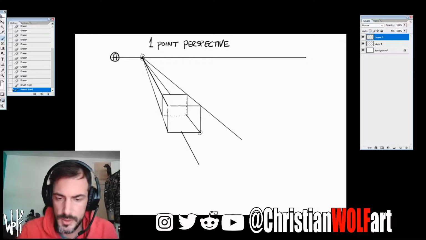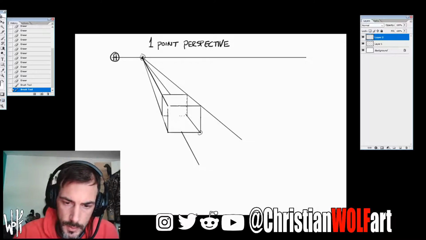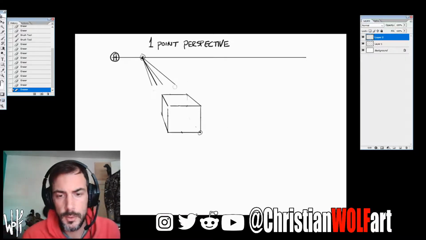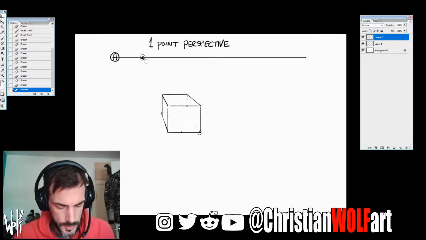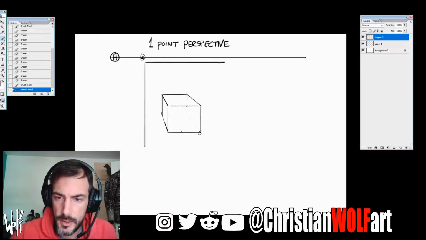We know our closest is right in the front here. And if I take away all these see-through lines, okay, you should just have your solid form sitting there. And you're left with your cube in 3D space drawn in 1-point perspective. Okay, and you can frame that box now,